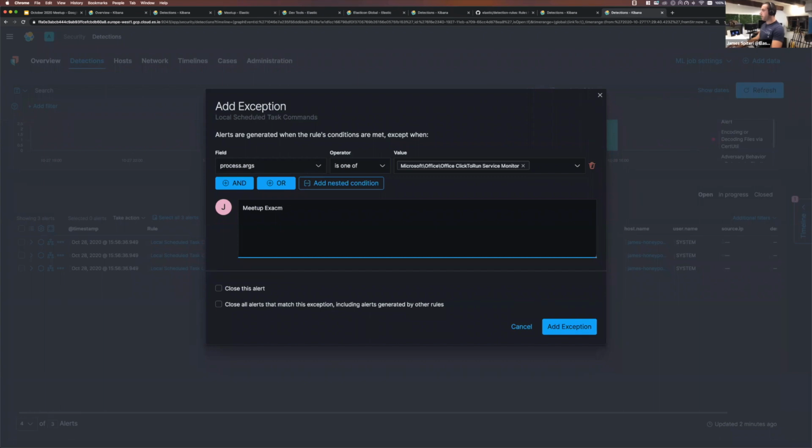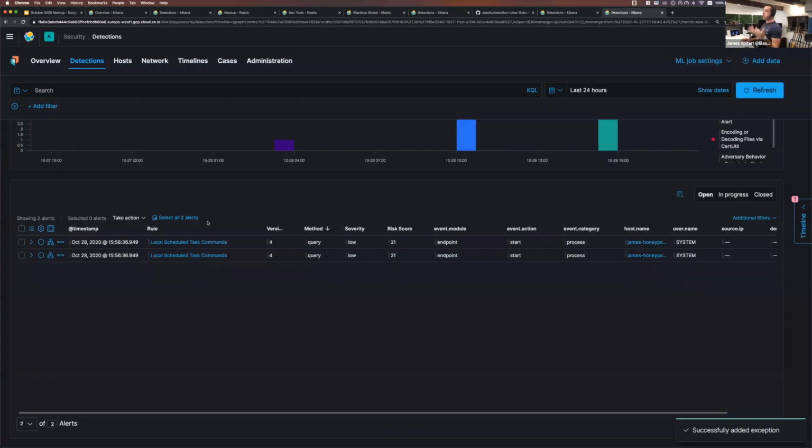And then I have two options here. I can close this alert, and I can also close any other alerts that match, right? Which is quite nice. Just to show you this operator here, I can have is in list, so we can upload lists through the UI and use those. If you have, let's say, a list of hosts you want to leave exclusions for, you can pretty much use those lists, really handy. So I'm going to click these two options, add exception, and hopefully this is going to go in and close those alerts. It closed that one because the other two probably have some different arguments.